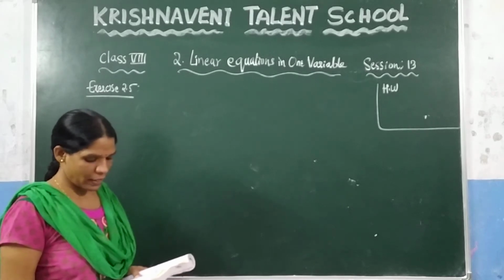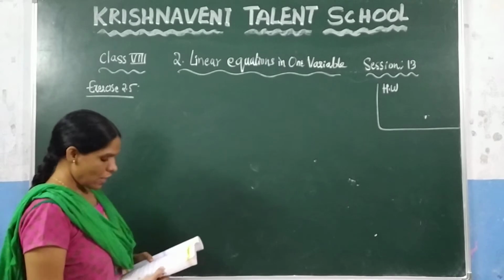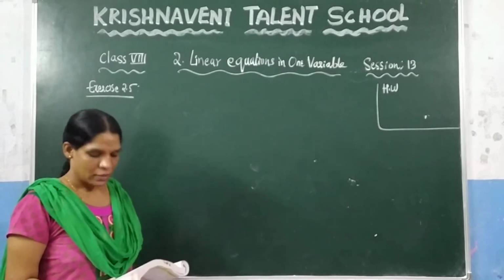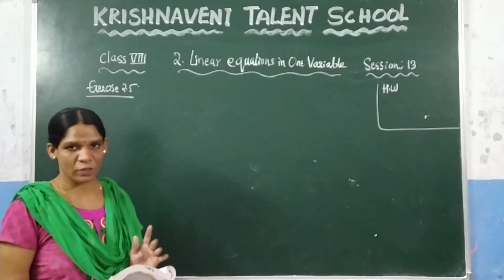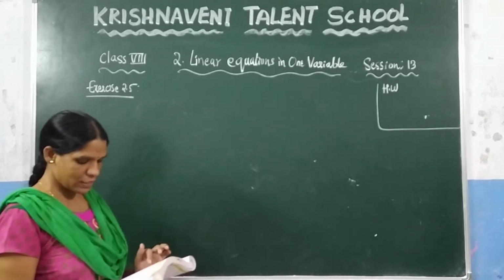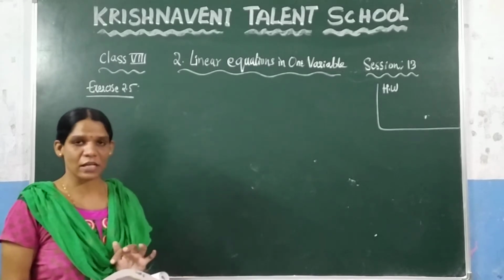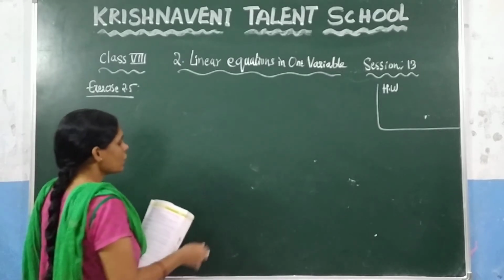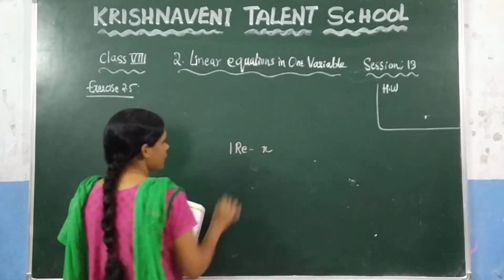Arvind has a kitty bank. It is full of 1 rupee and 50 paise coins. So here Arvind has some money, and in it are 1 rupee coins and 50 paise coins. Now what is the condition given here? It contains 3 times as many 50 paise coins as 1 rupee coins. That means you don't know how many 1 rupee coins there are. Let us consider it as x.